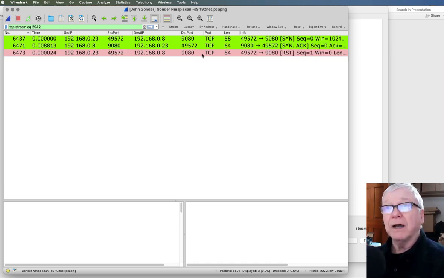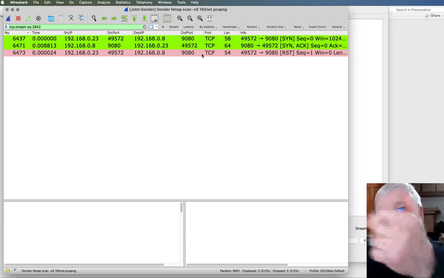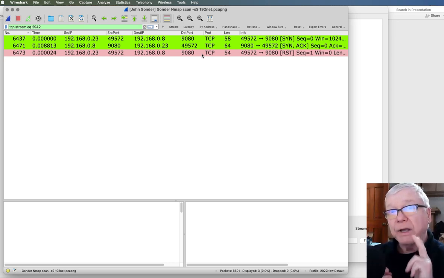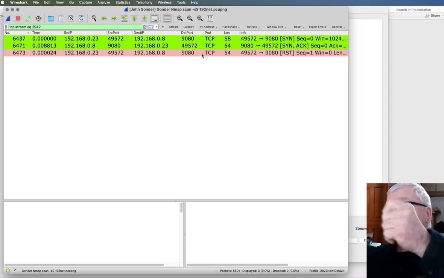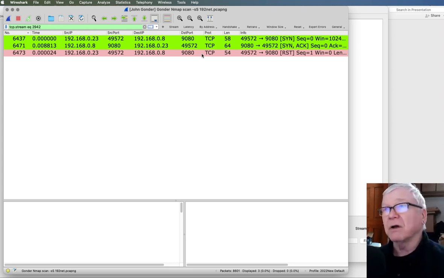And then I don't follow through. That's why it's called a half open, because we have that SYN request from me that's acknowledged. So that half of the TCP highway is open. Then that SYN comes back to me, but I don't acknowledge it. So both sides of the highway are not open. Instead, I send a reset saying, I don't really want to talk anyway.